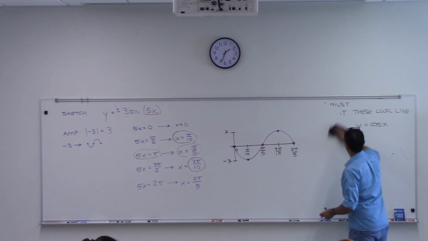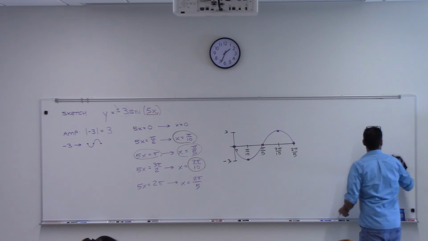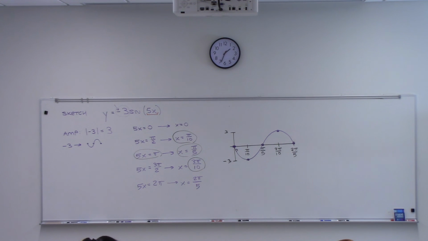I erased this. Oops. It's all right, I'll do it over here. Sine x, right, has those 3 x-intercepts. And then on cosine, it's